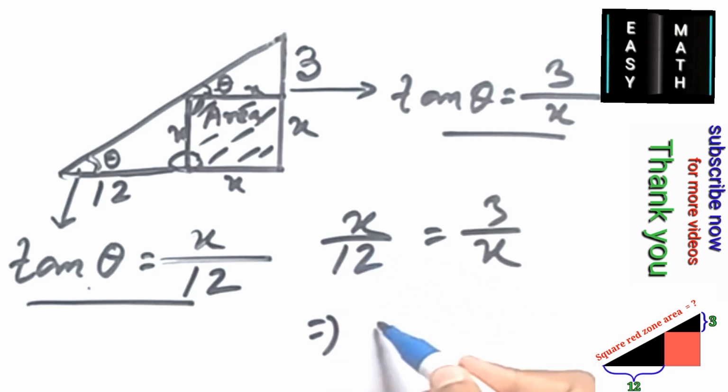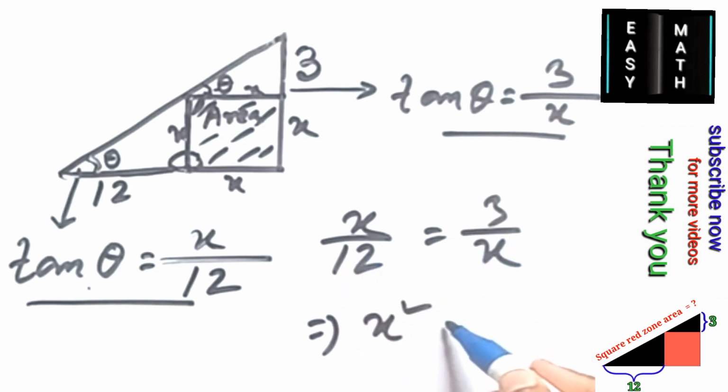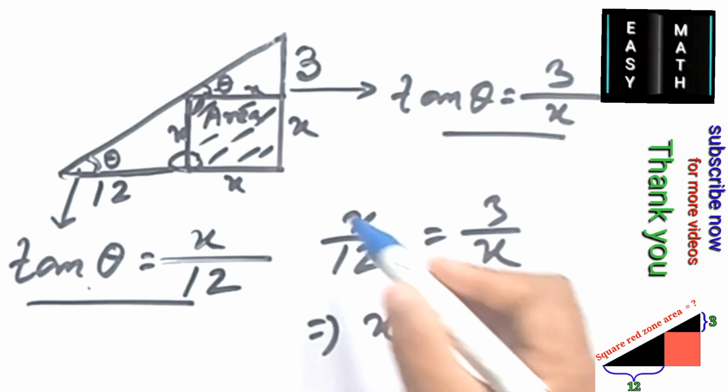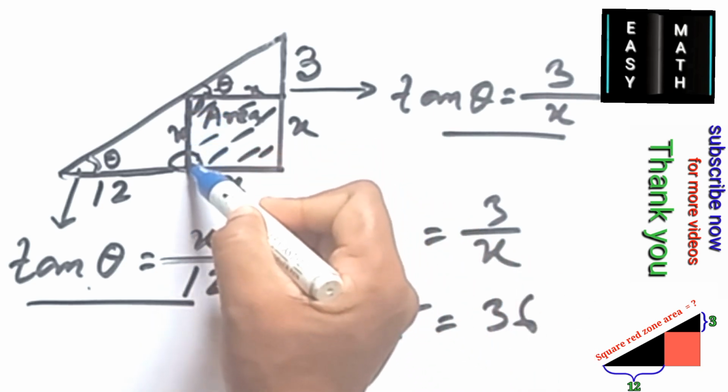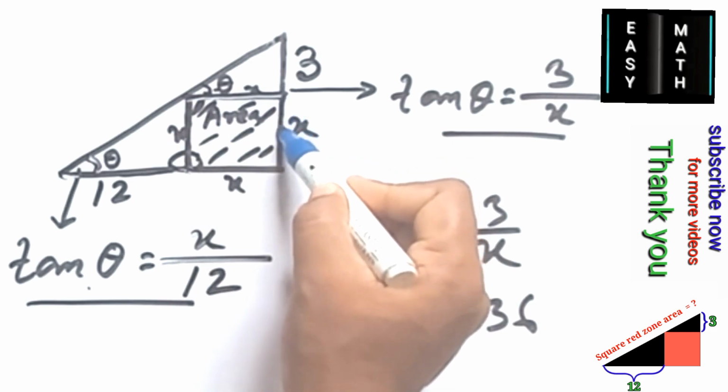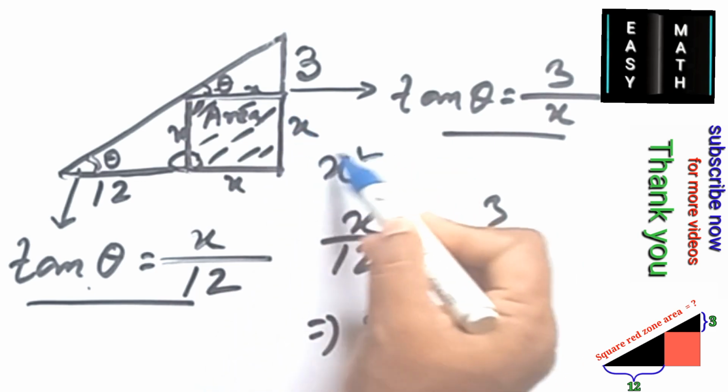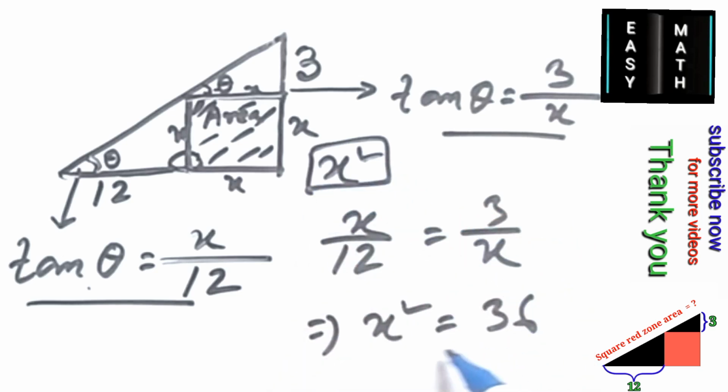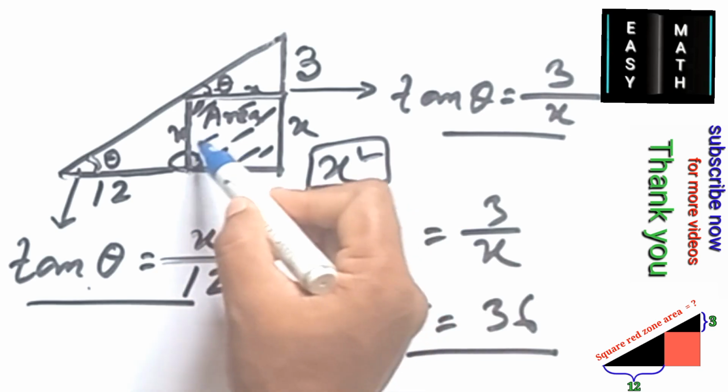So here x square is equal to 12 into 3, which is 36. So the area of the square is x square, and this x square is equal to 36. So the area of the red zone